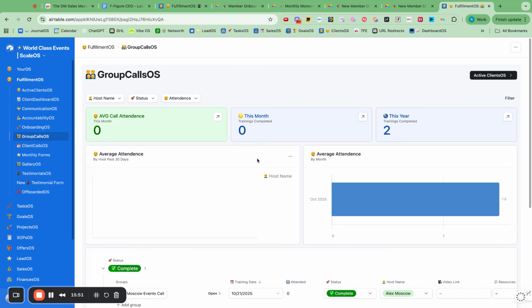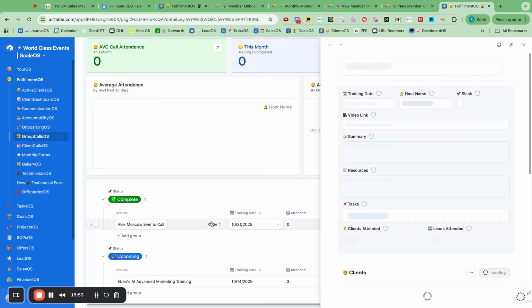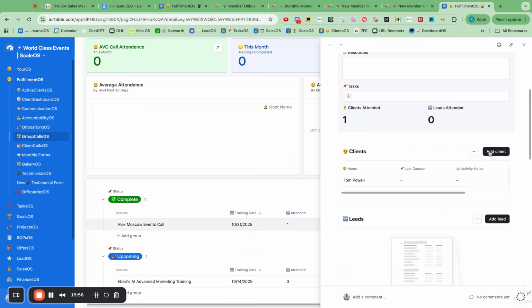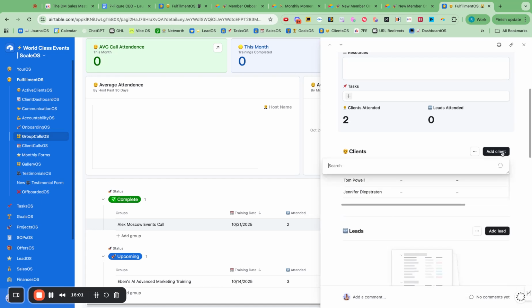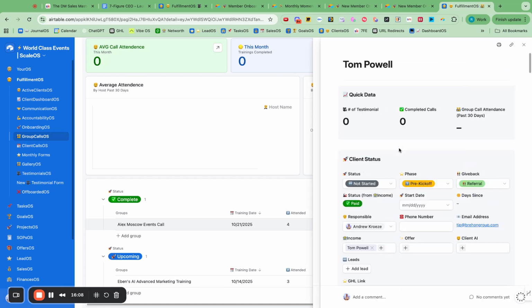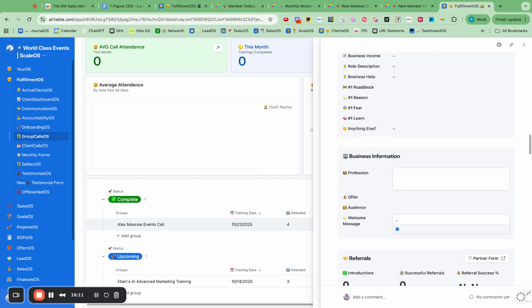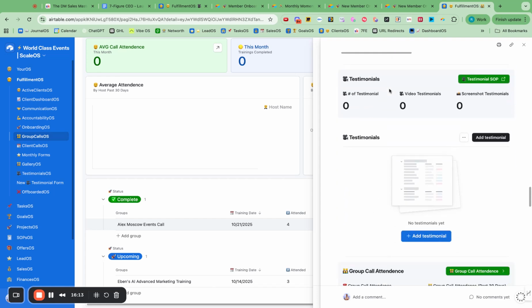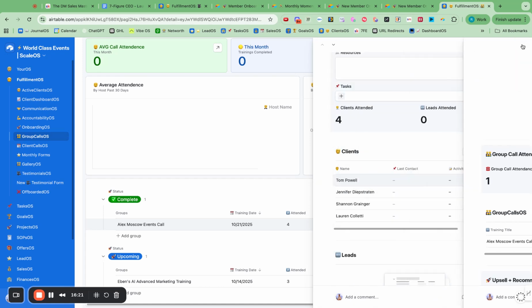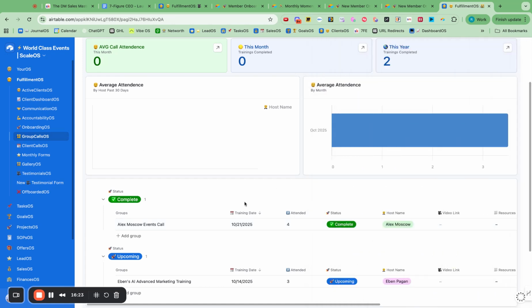then perfect. So then your VA should go in here and then put in who was on that call. Boom, boom, boom, boom. And then we can go to their member card. There we go. And see that here that this guy was on this call. So it's your source of truth. You can see everything. So that's how the group calls OS works. And